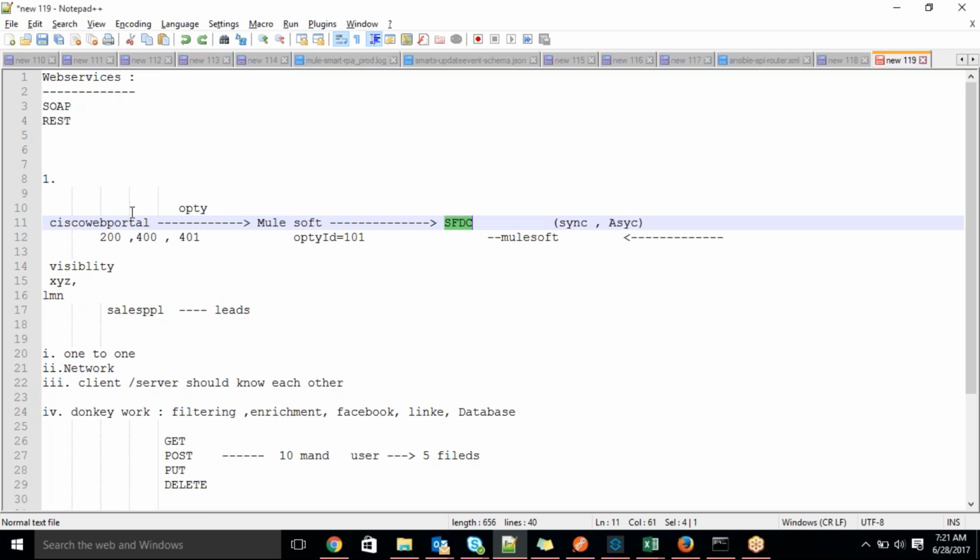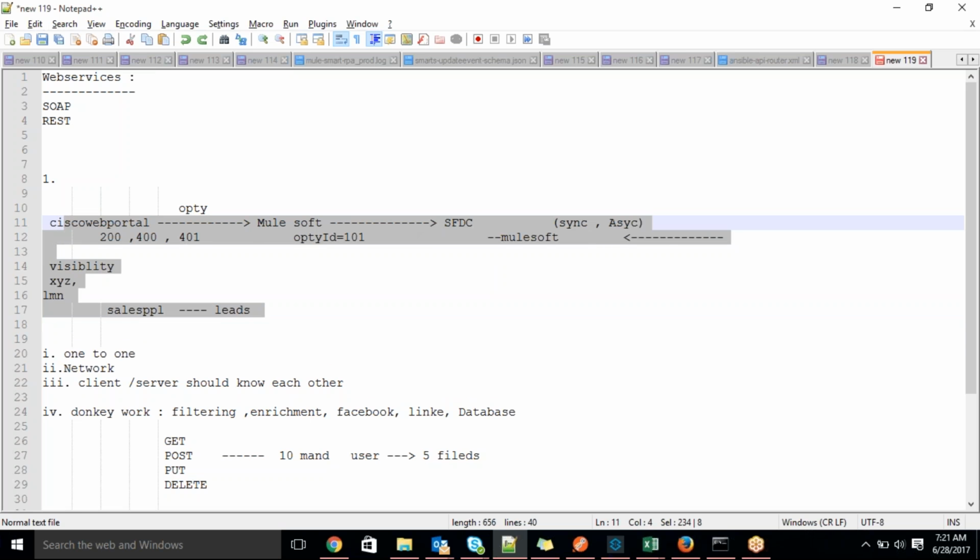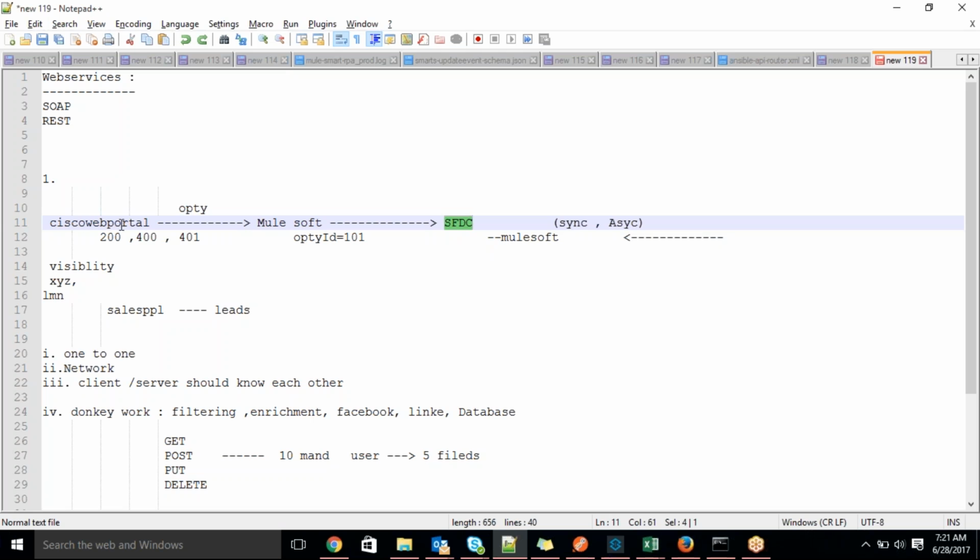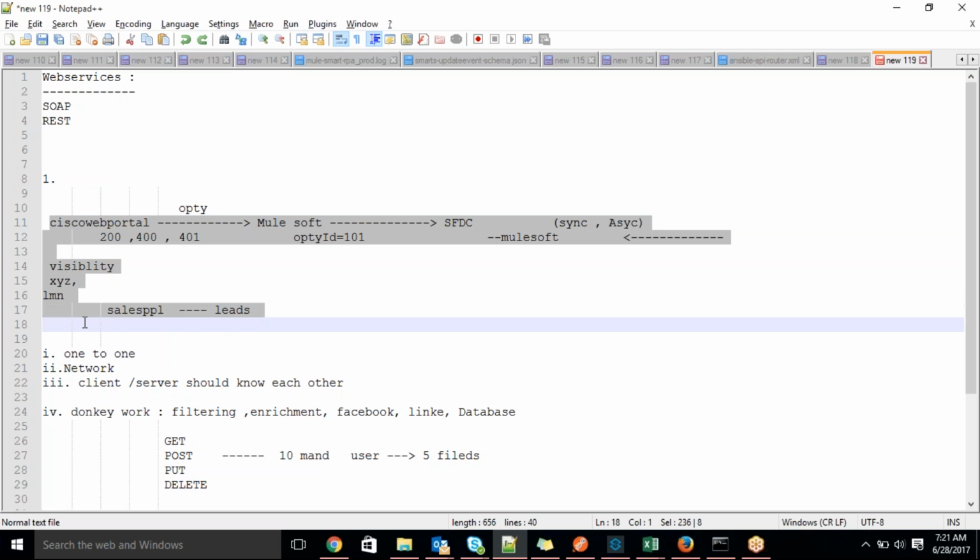But after introducing this system, whatever leads Salesforce gets, they can create an opportunity through the portal. Whoever the marketing people are that have a user, they will log into this Cisco portal, and from here they try to create an opportunity in the Salesforce. That's what I was trying to say. Both ways they can create, either directly in the SFDC or through portals.